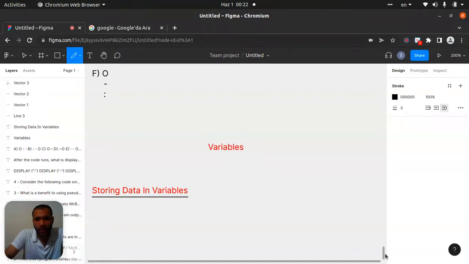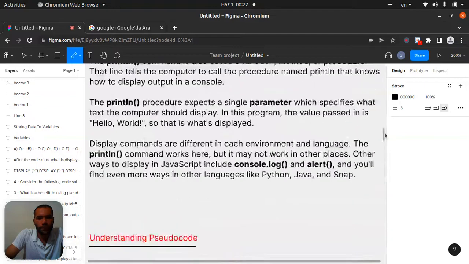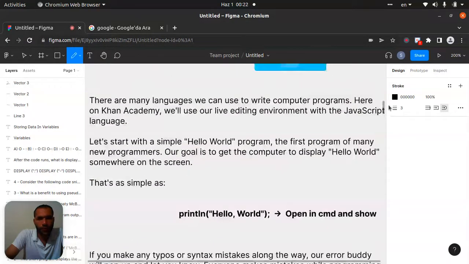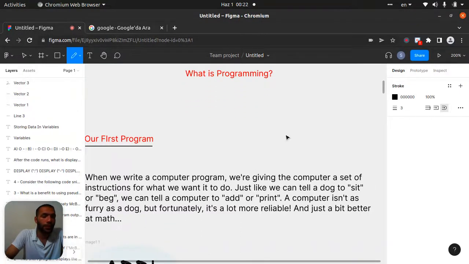You'll learn everything, but let's go up to here. We learned what programming is. I hope I helped you out with this information. I hope you are happy. I'll try to help you this way.